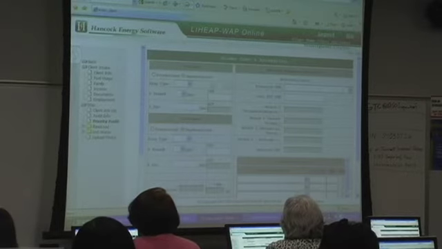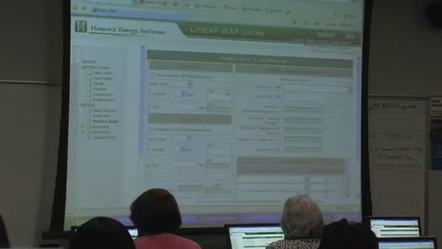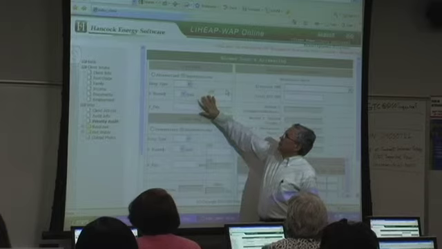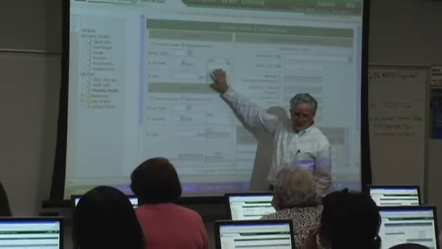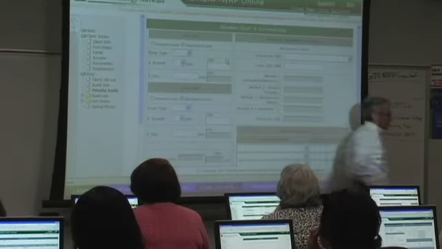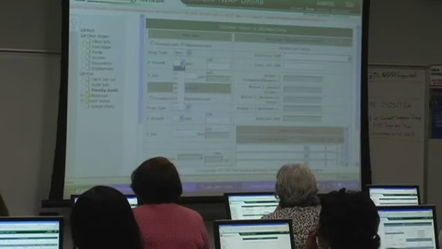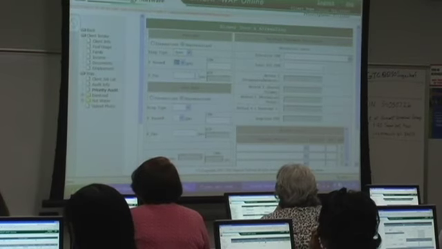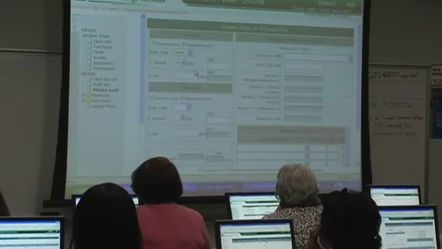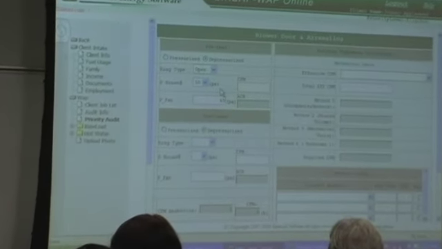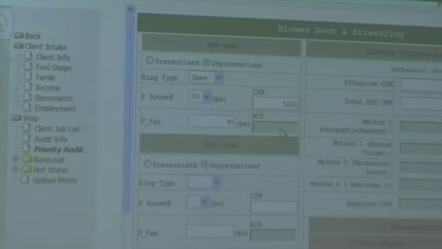So I go to air infiltration, and it basically asks me to give it some information about the initial test, the test before we did the weatherization measures. So what I do here is put in that information. I did an open ring. Pressure in the house was 50. I'm doing a depressurization test. So I can say the pressure at the fan was, say, 45. And when I do that, the system will automatically calculate